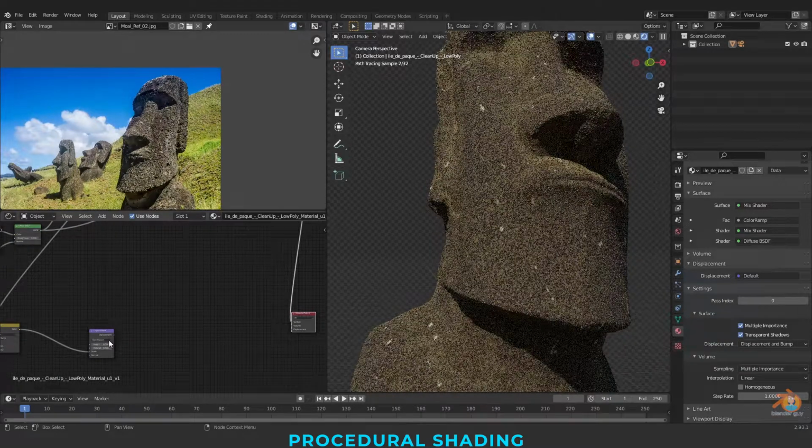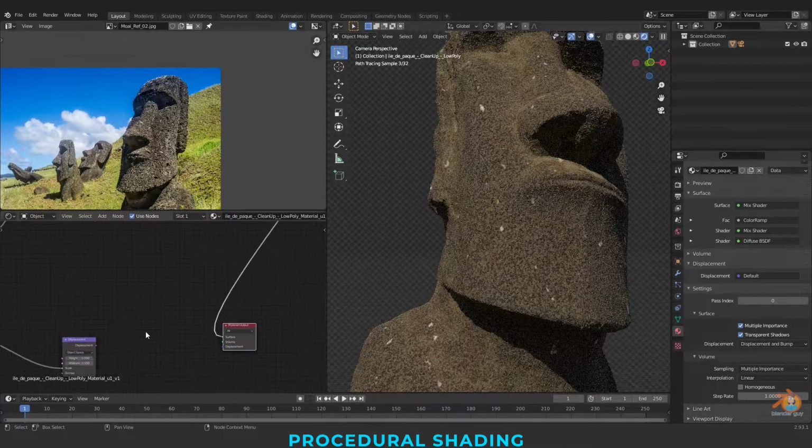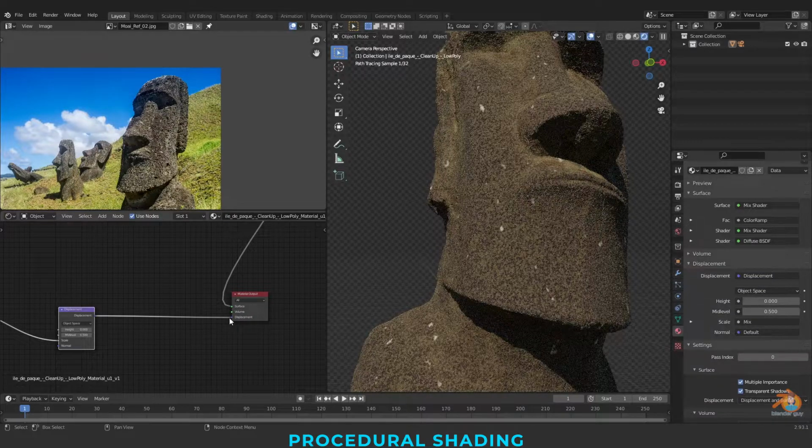For now there is a lot more to do. I just want to show the displacement, and I'm connecting this to displacement.